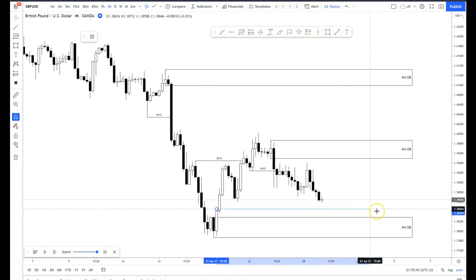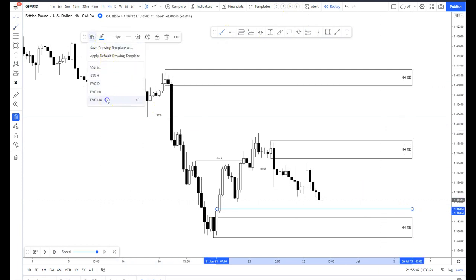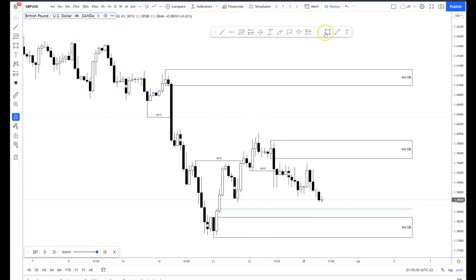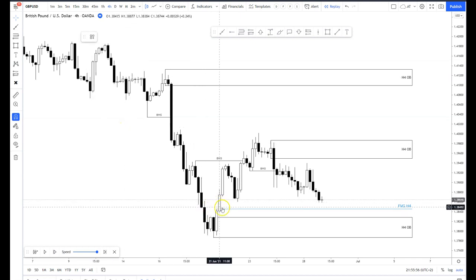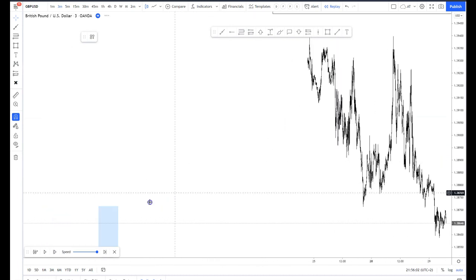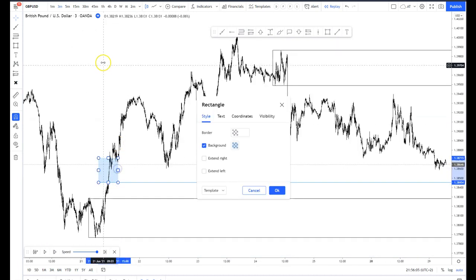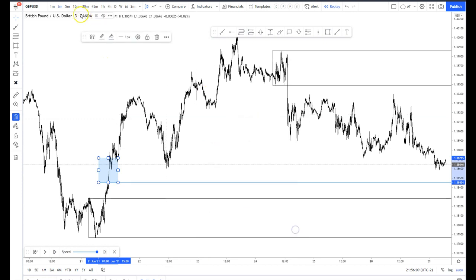Good. My next thing I'll do is to mark up the FVGs, the fair value gaps. For anyone who doesn't know what that is, it's just a gap in price. It's just a moment where there was a strong move and price didn't really fill in any of that gap. There were no counter orders, let's just say. It was just a big rush of price, and these create what are called gaps, and gaps basically just want